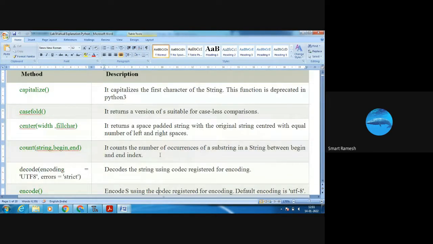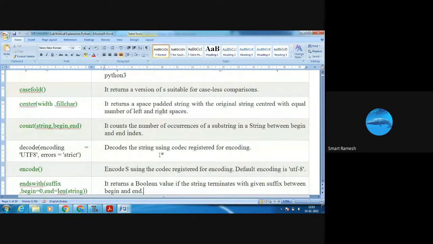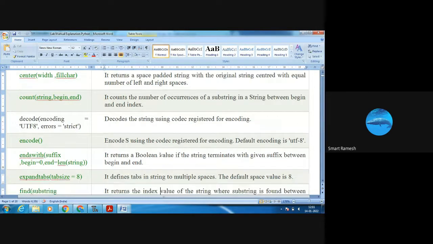Next, decode means decodes the string, encode means encodes the string. Next, endswith. We are going to check whether the given string ends with a particular substring or not. Next, expandtabs. It expands tabs in a string to multiple spaces.